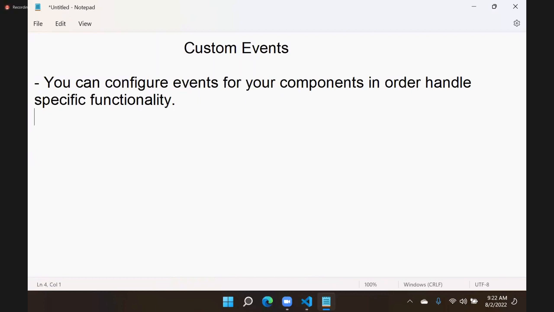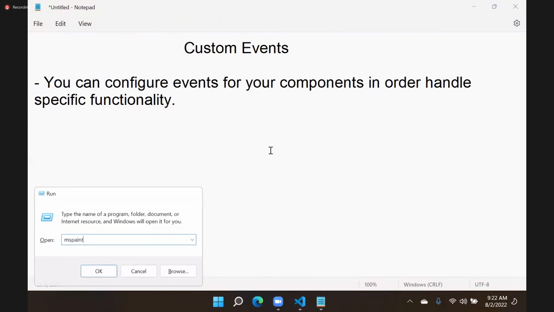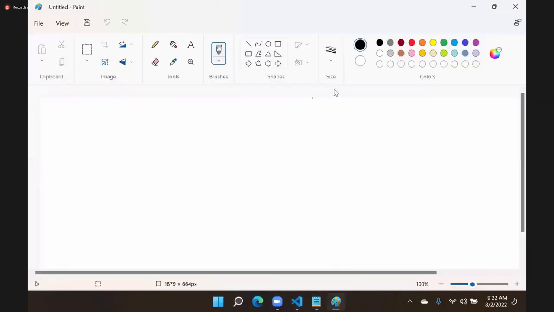Now the question is, why should we create our own events? What is the necessity? Why do we have to use our own events? So we can configure events for our components. Why we need events, I will tell you. Actually, when you are working with some projects and options here,